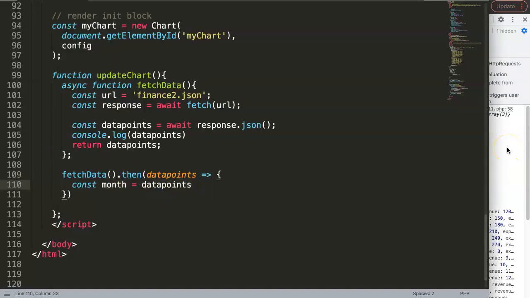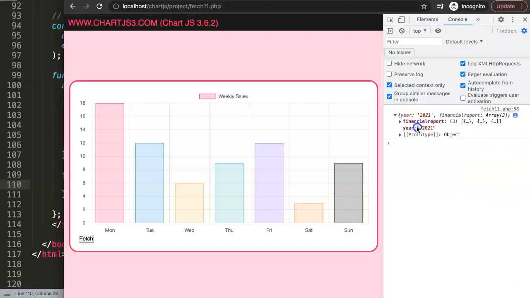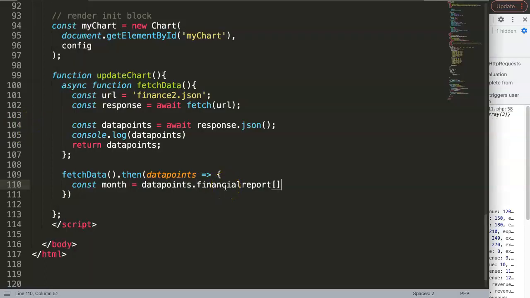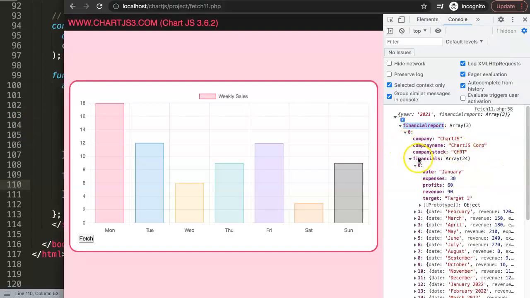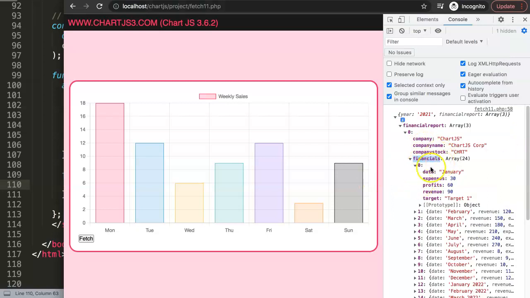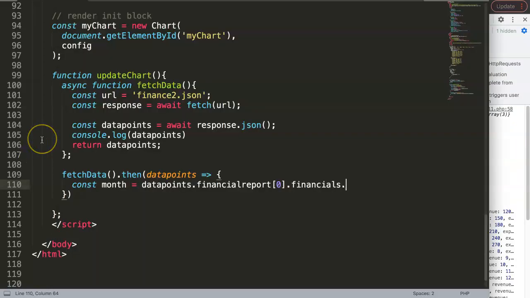So we say here data points, and then we say a dot. Where do we need to go? Well, you can see here financial reports, or let's see if I can grab this. Financial report 0, index 0, and then I say here again dot. Where do we need to go again? We go into the financials, and the financials is also 0. So copy that. Put it in here, and basically I realized that we don't have to really get the financials and specify 0, but we're going to put in here dot map. That's fine. So the map functionality will loop through every one of these items,